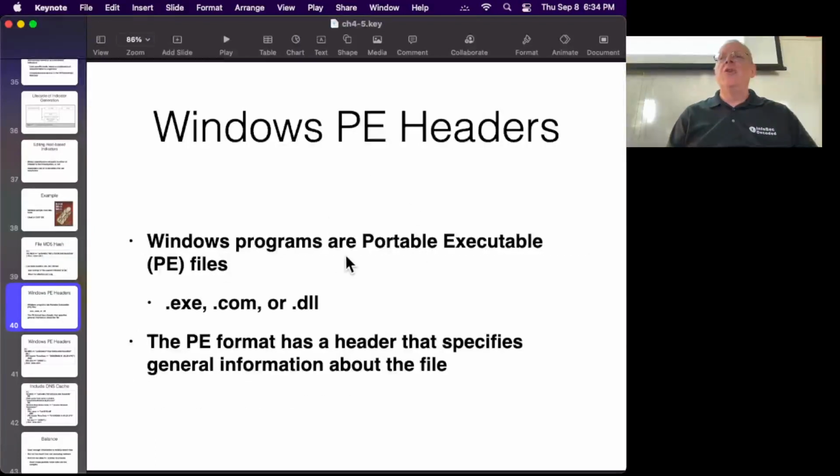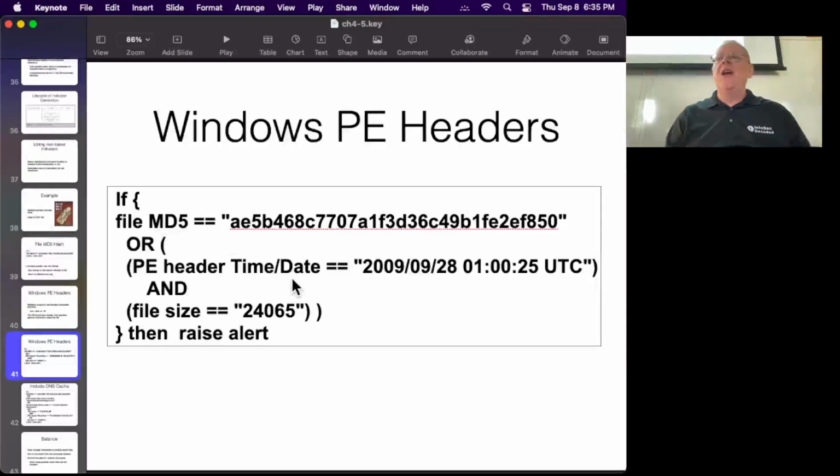So another way to do it would be to look for the portable executable headers. We're talking about this a lot in the malware analysis class, but here are the executable files in Windows, exe, com, and dll, and those are all portable executable files. That's the container concept of what they are. It's the file format they have, and in the header of the portable executable file is general information about the file, in particular listing all the libraries it uses and all the functions it uses in those libraries. So you could do that. It also has the time and date it was compiled. So you could say if the MD5 matches or the date matches and the file size matches, then